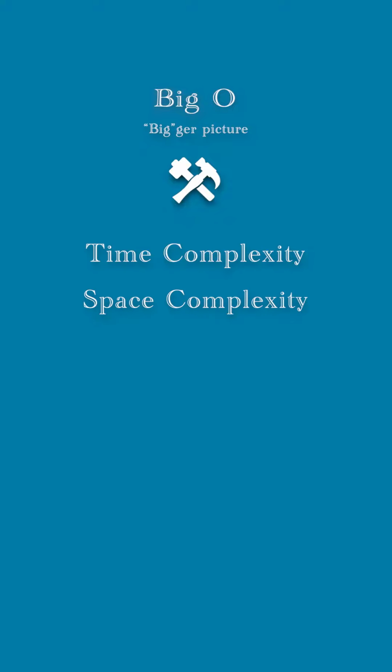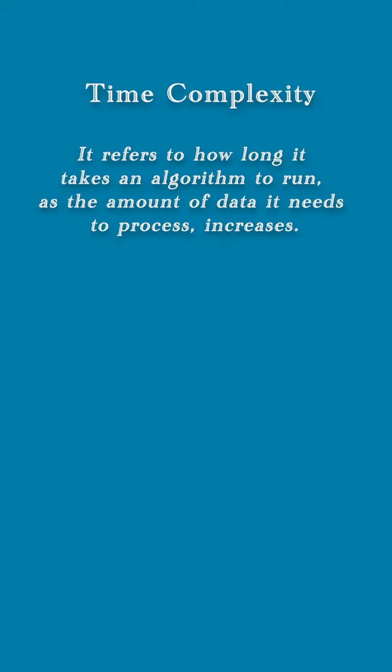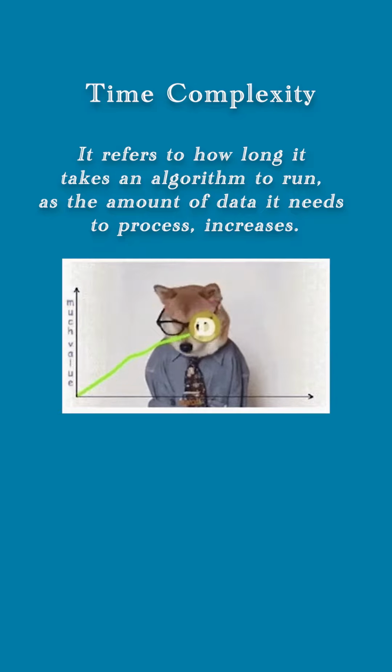To give you a mental model, you can think of this as a tool that gives you a bigger picture of how efficient an algorithm is in terms of its time and space complexity. Let's start with time complexity. It refers to how long it takes an algorithm to run as the amount of data it needs to process